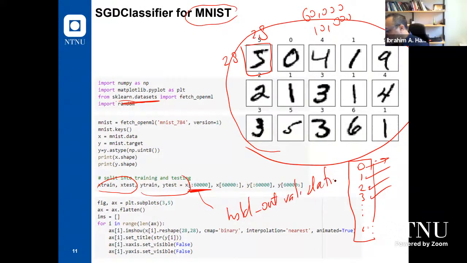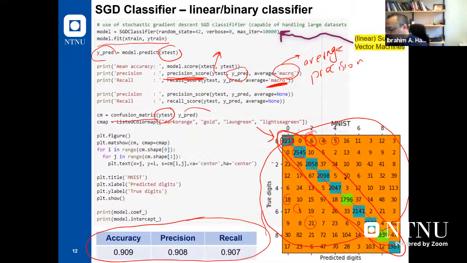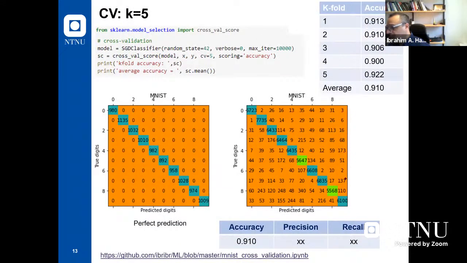But what should we do when my data set is small? When the data set is small, we cannot use hold out validation, and we need to use cross validation. How can we use cross validation from sklearn? We just need this command here. From sklearn.model_selection, we need to import cross_val_score. And in this cross validation, we first need to define a model, as we do all the time. For example, I selected an SGD classifier,